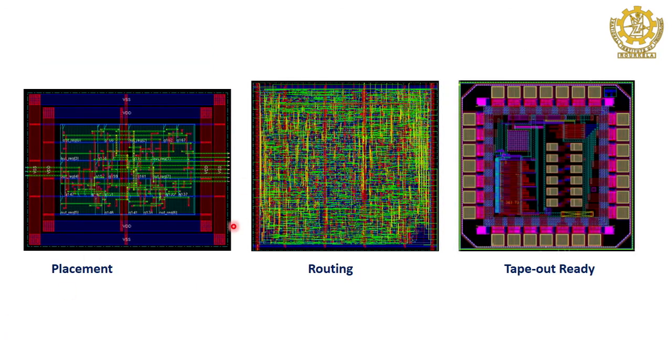Once this is done, here we have to add what are called bond pads. All of this has to be added. These are, you can say, one placement of one design. All these bond pads have to be added to your design, and this is called a step-out ready architecture or design. From here we will create a GDS2 file, the graphic database system file I told you about, and along with money you have to send it for fabrication to the vendor. After a span of 3 months, they will send you the IC after fabrication and also with packaging.